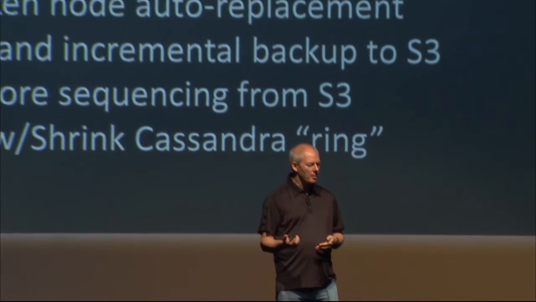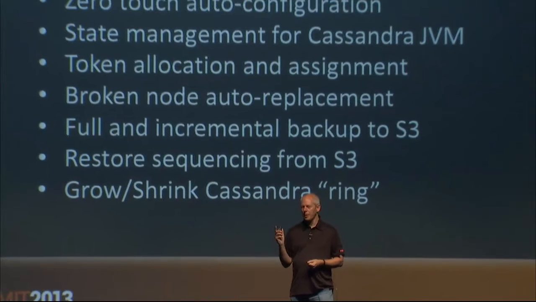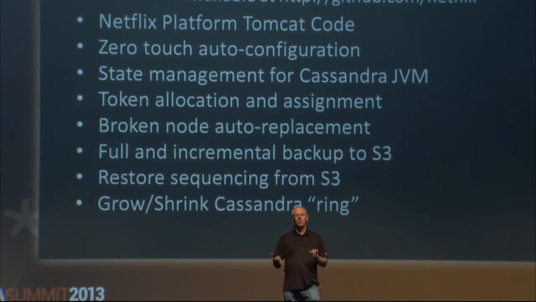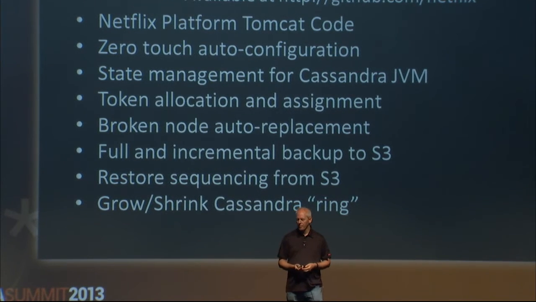We do the full incremental backup and restore. You can hit Priam with a URL which will basically cause it to restore to a point in time. You can also use it to grow and shrink the Cassandra ring. So there's a ring doubling. It will do the token layout for managing doubling the size of the ring. And that was the demo I did last year. If you pull up last year's Cassandra Summit presentation, I fired up an SSD and a non-SSD 12-node cluster live on stage from nothing, doubled the size of it, ran some benchmark load, doubled the size of both those clusters, and then shut them down and did all that within a 1-hour talk.